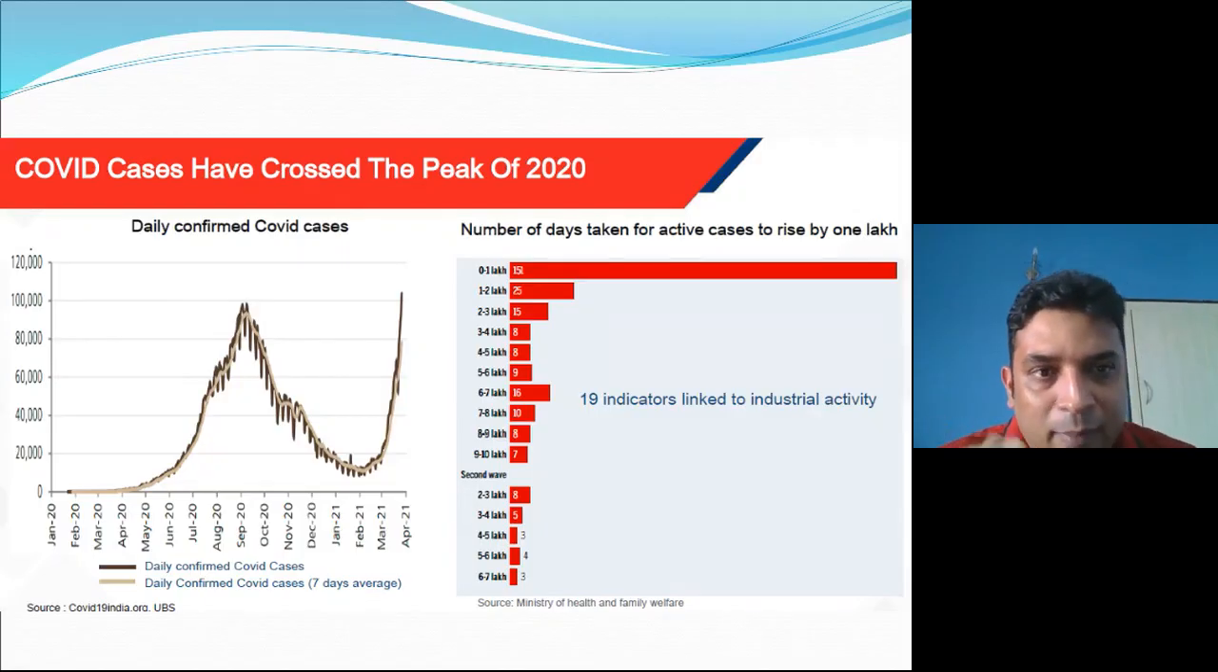And why this time? Last year, if you remember, we had 97,000 to 1 lakh COVID cases per day, and this time we have 3.5 lakh per day. And this is approximately common across the globe. If you look at the data point,